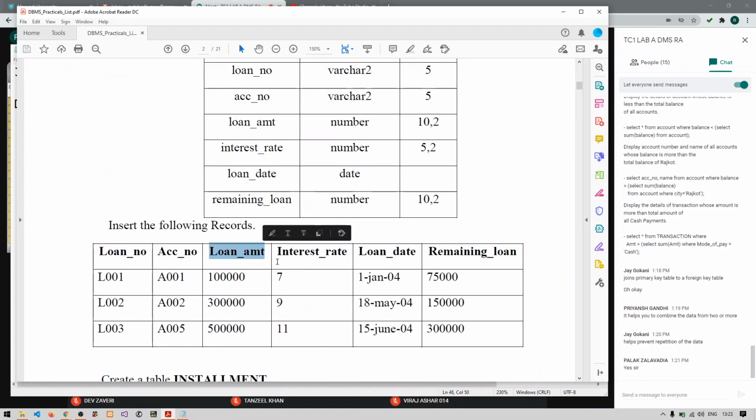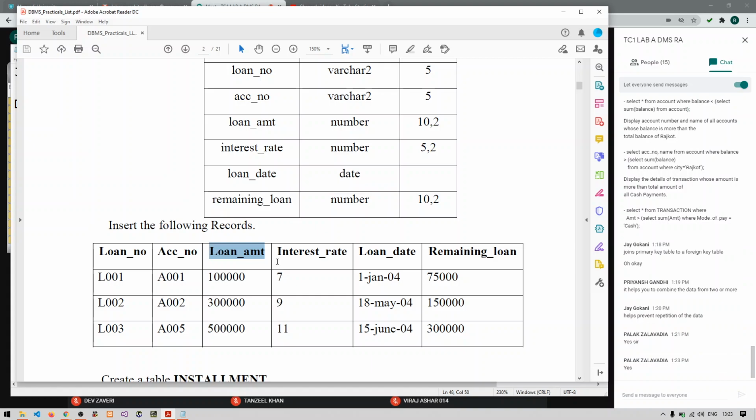So actually we want to display our data from two different tables. Yes or no? Right. So actually we have to use joins, because we want to display the data from two different tables.